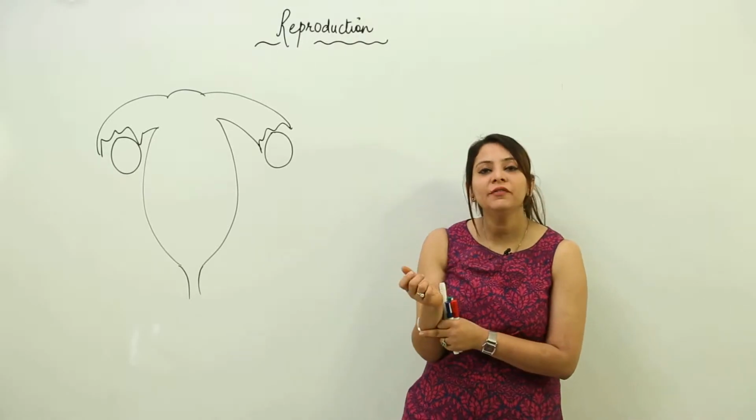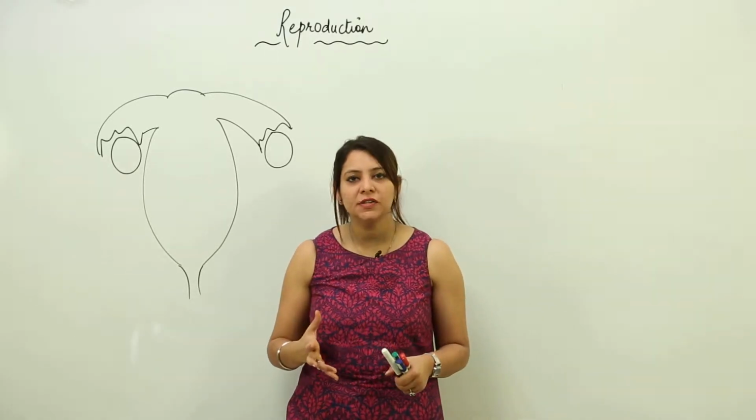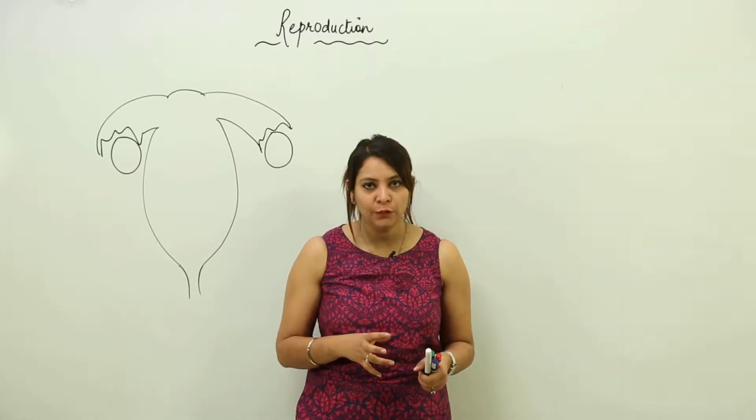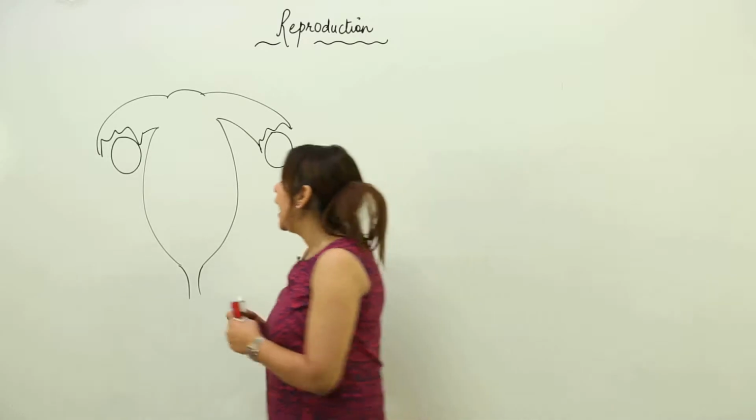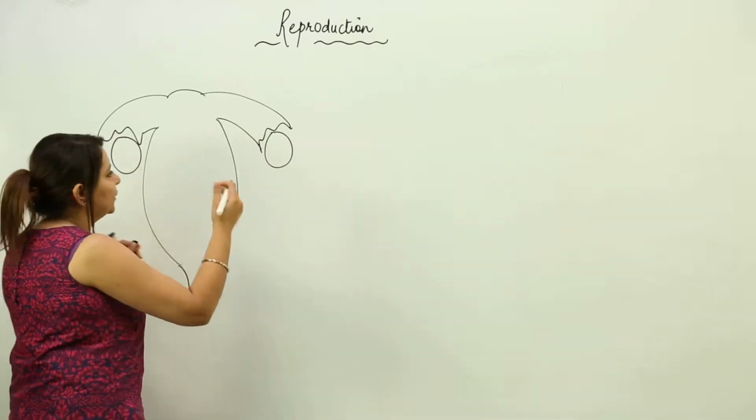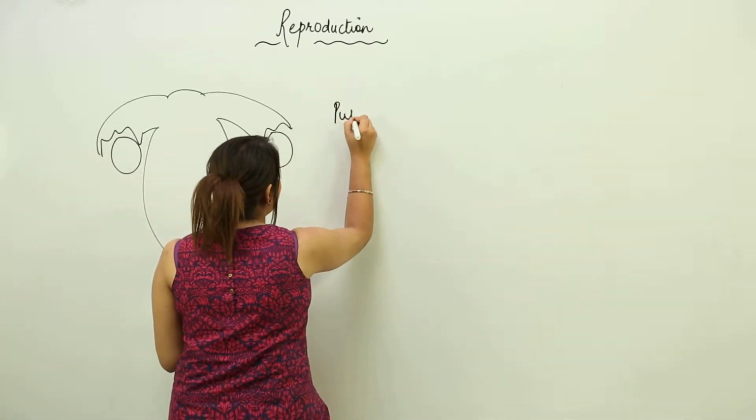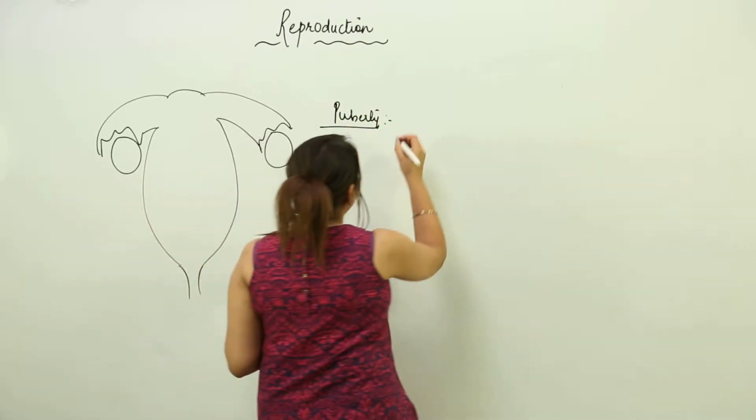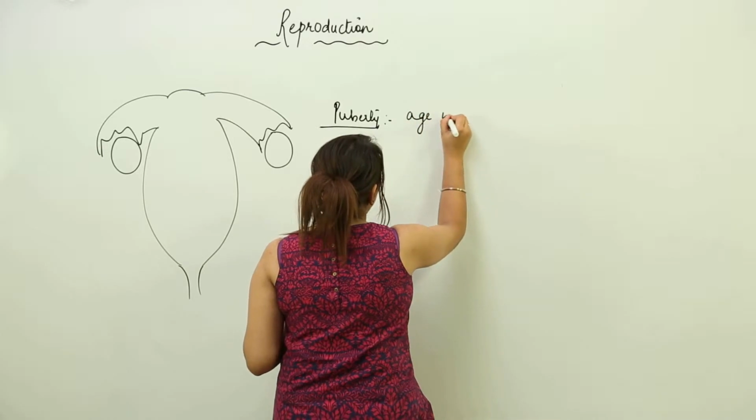Now, as you all are aware about the male and the female reproductive system, we'll just focus on the fate of the egg which is produced in the ovary. As I've told you, since puberty, the egg formation starts. Since puberty. And what is puberty? We already discussed that puberty is an age when